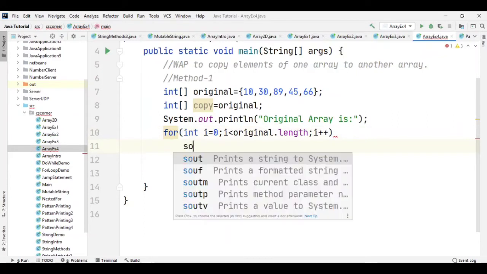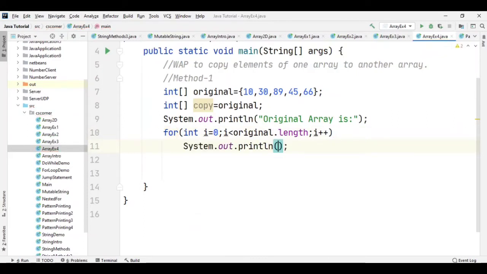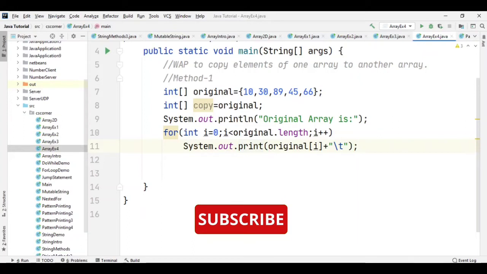Let's write a line for printing my values. So here in sout, I can write original and pass index i. After printing each element, I want to give a space, so let me give \t over here and remove this \n from here, because I want to get all elements in the same line.